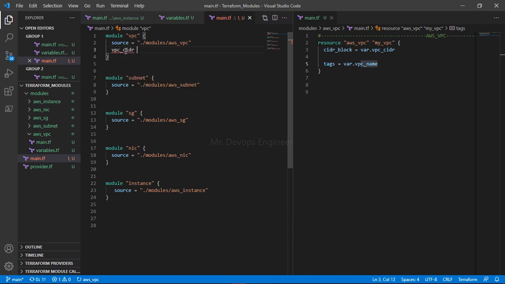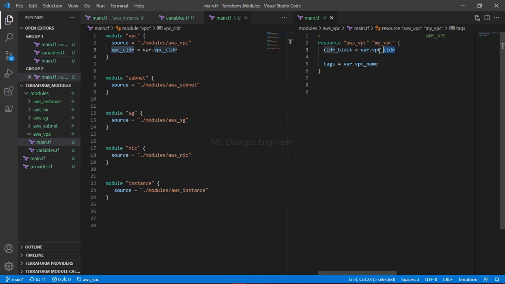and here var.vpc_cidr, correct. You may wonder why I have written var.vpc_cidr on the right side. The left one is okay. The left one is the name, the same name you have declared in the AWS VPC.